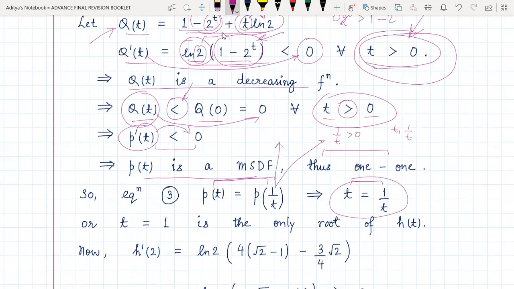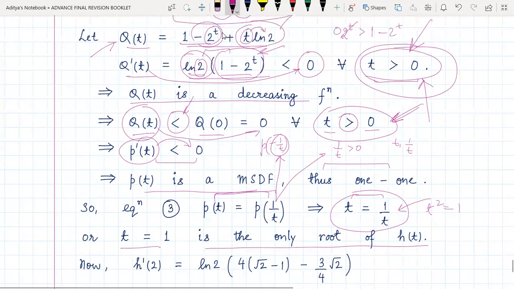In place of 1 by t, had it been minus 1 by t, then we couldn't have done this, because then it would not have been greater than 0. And 1-1 we have only proved for arguments inside the function which are greater than 0. That's why I'm emphasizing this point: in the interval or domain where we have proven it to be 1-1, there only can we apply that property, right? So t equal to 1 by t is what we would get. Cross multiplying, t square is equal to 1, t equal to plus minus 1, but obviously we are only going to consider t equal to 1, because we are only interested in t greater than 0. So that is precisely the reason why we can say this is the only root of h of t.